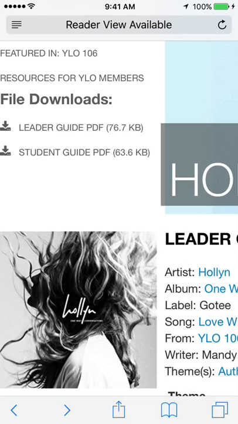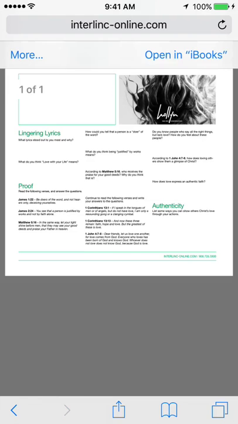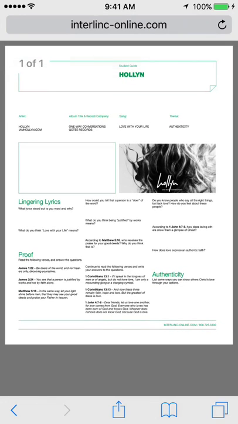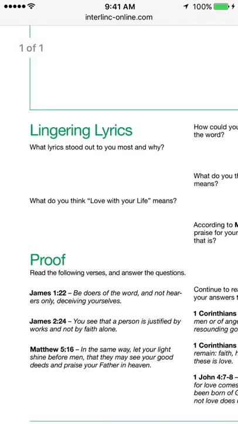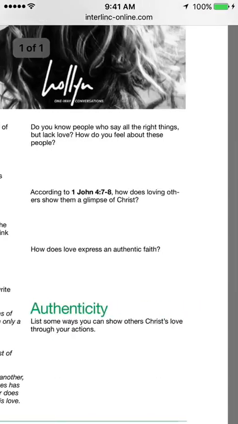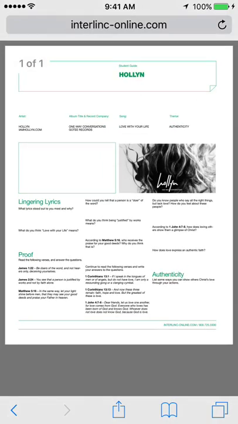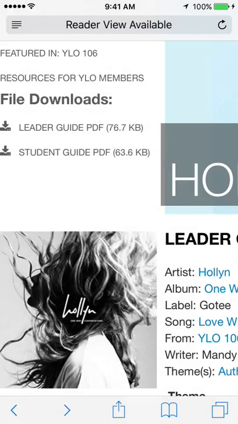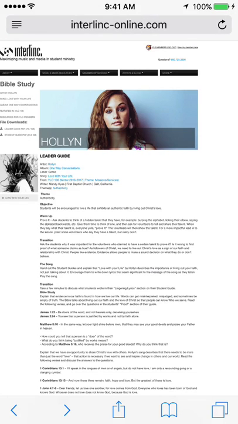Really helpful is the student guide PDF because, for instance, Mandy Key's a really decent youth leader and great writer out of Northern California, and usually takes great care to use the student guide to great effect. So you might want to print this out. This is what you would hand out to your kids when you do this session. Really good stuff. Now there's one other way that you can use this here, even on your phone.